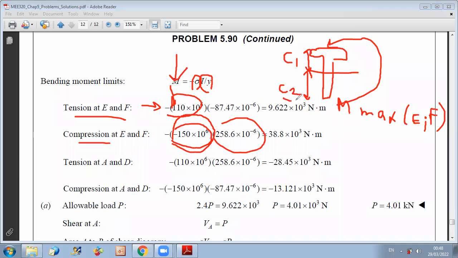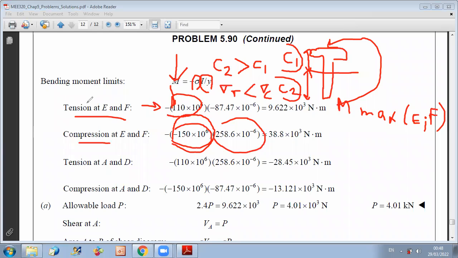Since C2, which corresponds to the side of tension, is larger than C1, and sigma allowable tension is smaller than sigma allowable compression, you can be sure that the most critical